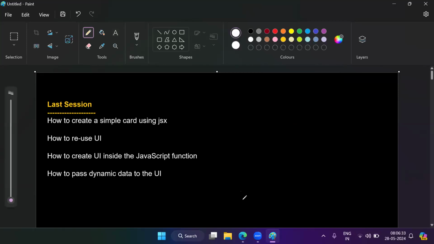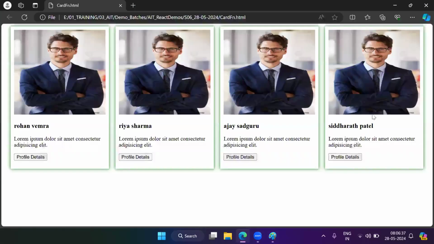So in last session, we have created this kind of card. Then we have created this kind of user interface inside the JavaScript function. And we are able to